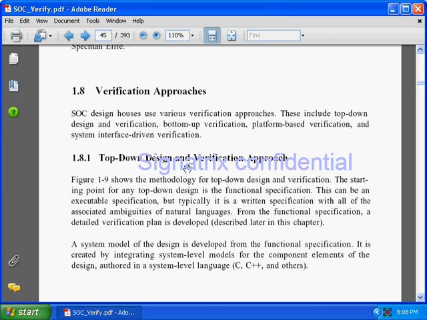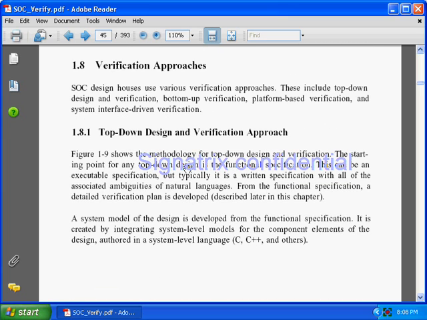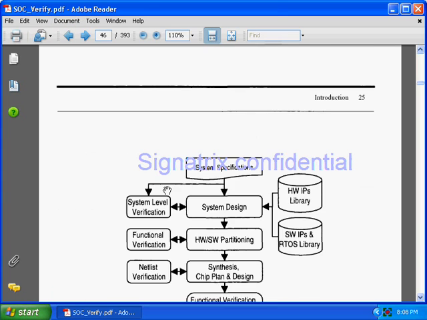Now coming to verification approaches. Okay, so basically they have told one verification approach is the top-down design and verification approach. Okay, second is the bottom-up verification approach. Third is platform-based verification, and fourth is system interface driven verification. So they categorized the verification approaches in 4 categories. So first we'll see the top down design and verification approach. So in figure 1.9, okay,